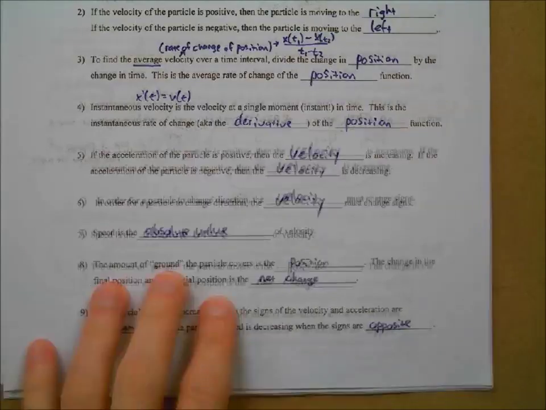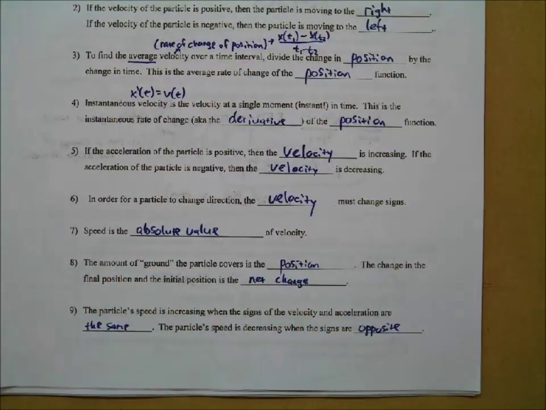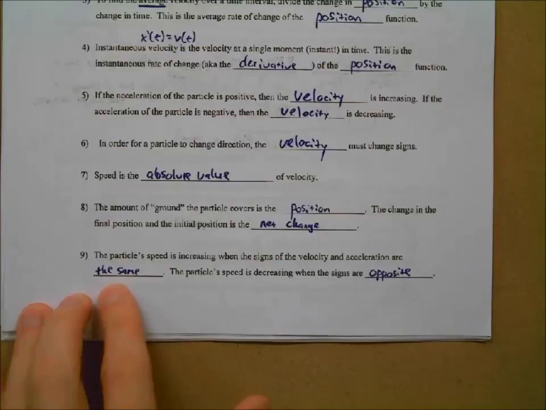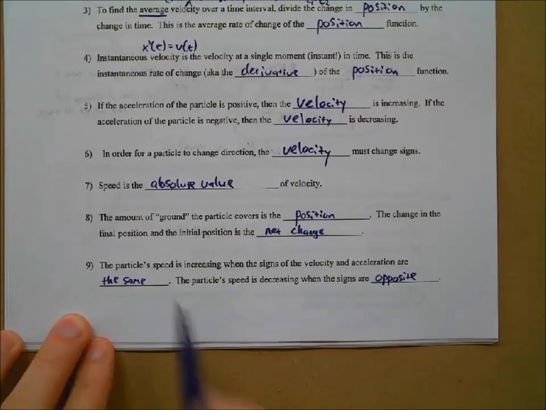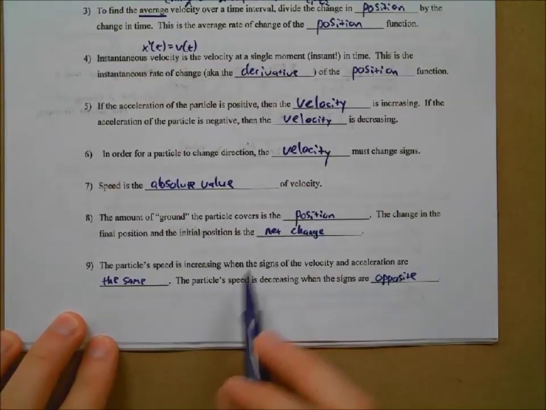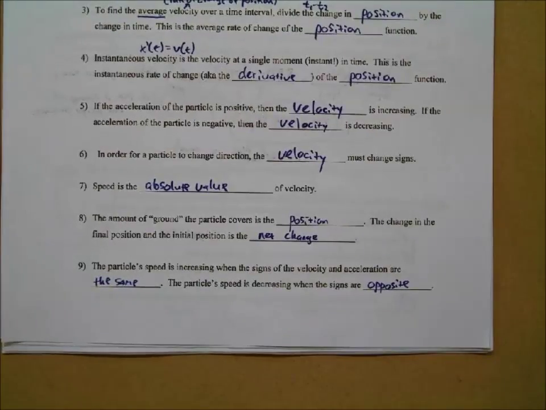The amount of ground the particle covers is the position. The change in the final position minus the initial position is the net change in position. And the particle speed, and this is a key thing too, maybe a difficult concept as well: the particle speed is increasing when the signs of the velocity and acceleration are the same. That makes sense, of course. You'll buy this easily when I say, if the velocity is positive